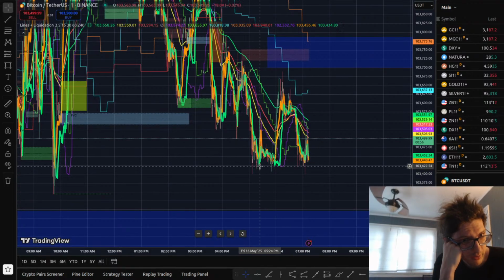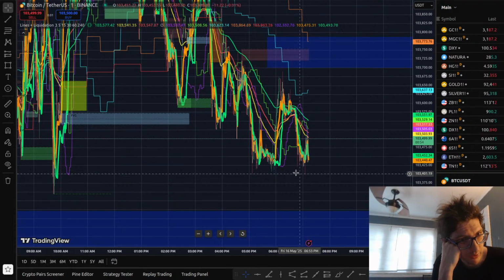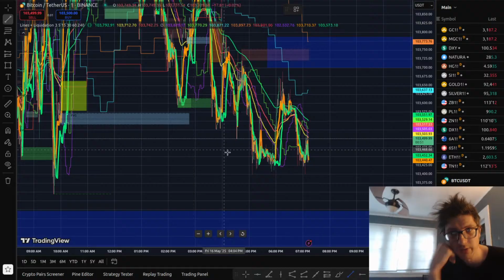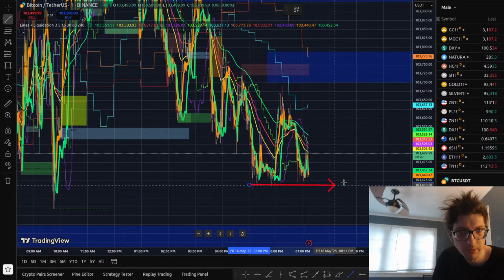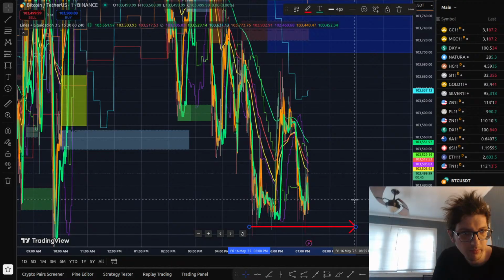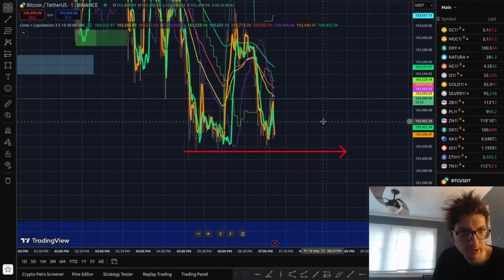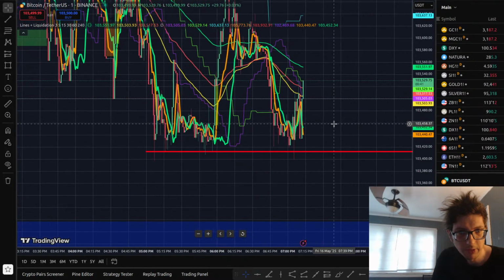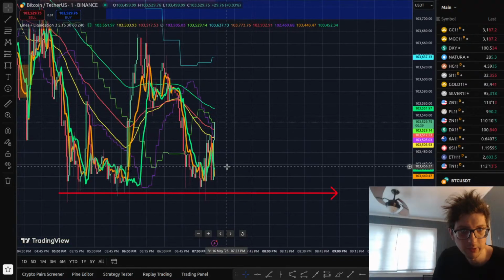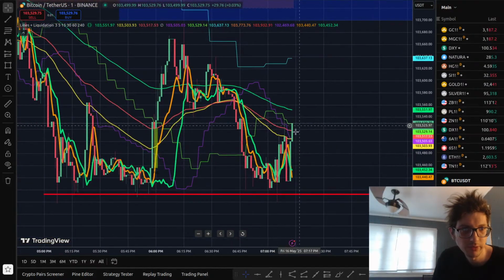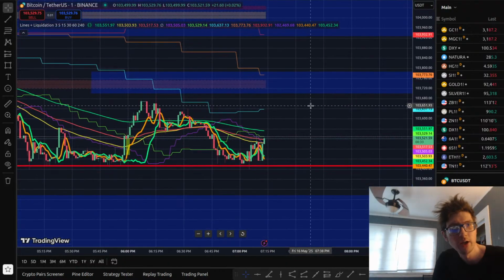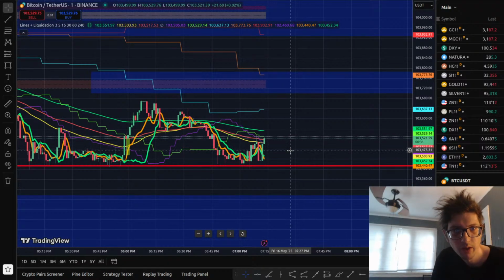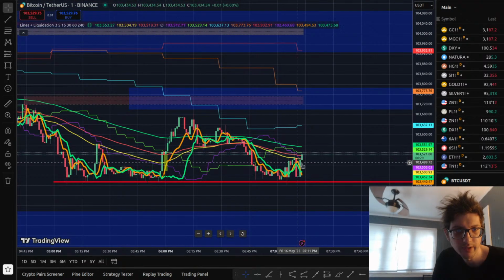Price has been bouncing off of this level. I'll draw the line so you all can see it. Oops, didn't mean to do that. Alright, but yeah, price has been bouncing off of this level for about 2 hours now, and there we go. See, we see price right now, just now, going above those lines. So it's going to shoot up,